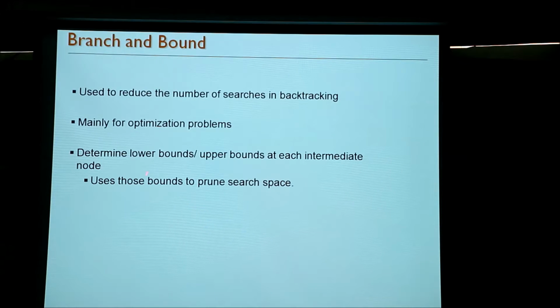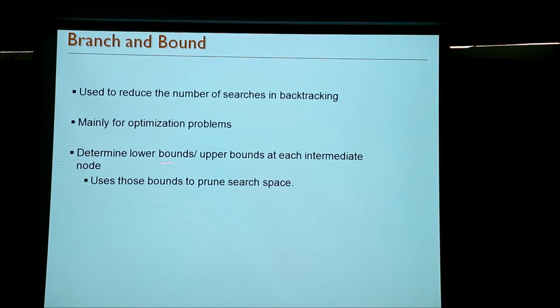Okay, so this is again some kind of optimization technique which is used in backtracking, and here the idea is again to prune some intermediate nodes, right? Right now, what we have seen in backtracking is we have some kind of fixed order. When we had examples like the subset sum problem, we take the first variable x1 equal to 0, then choose the next variable x2 equal to 0 and so on. Rather than doing a fixed order, here we will try some arbitrary order from a particular intermediate node, right?